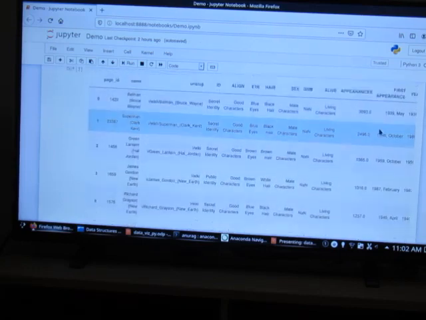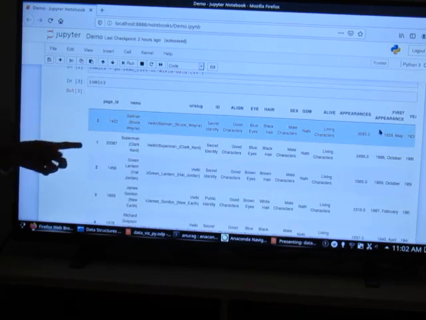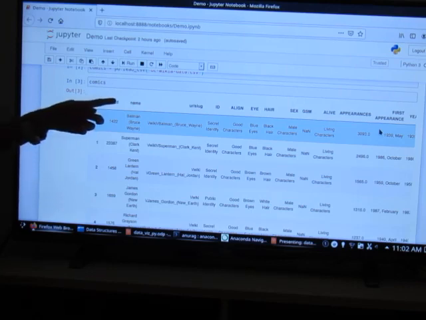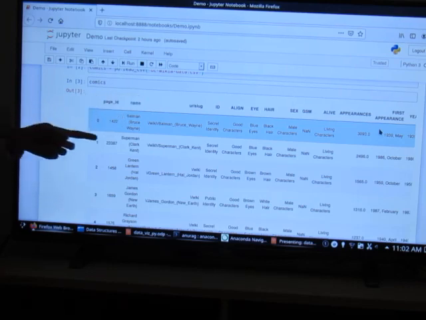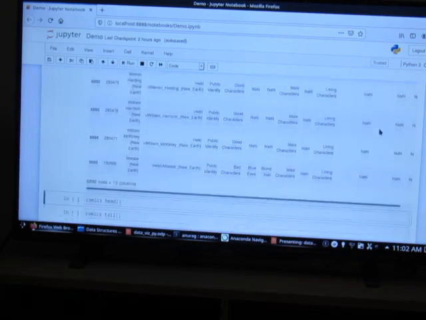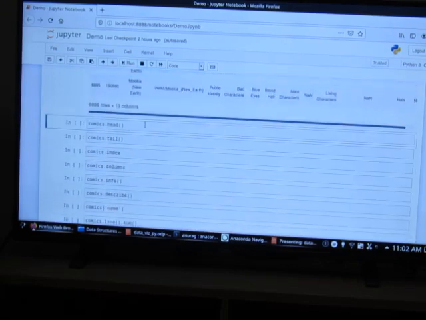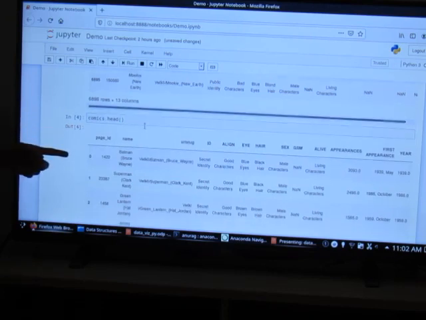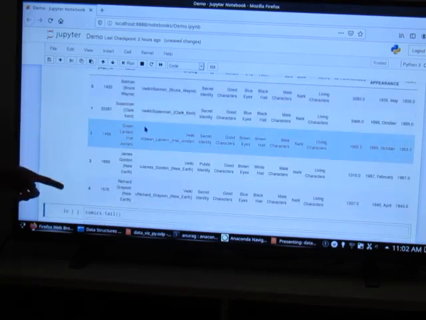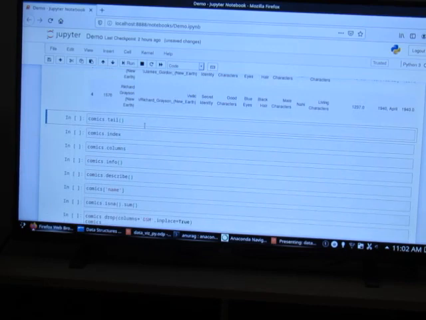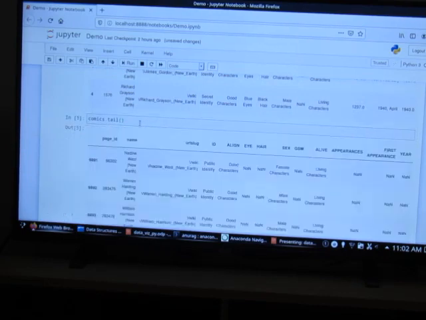As we can see, it has auto-generated an index for us, and these are all the columns, and each row describes one sample in the data set. It has multiple columns. So comics.head, since we are not providing any n value, will get the first 5 instances from the top. As you can see, 0, 1, 2, 3, 4, the first 5 instances have been fetched. Similarly, tail will return the last 5.